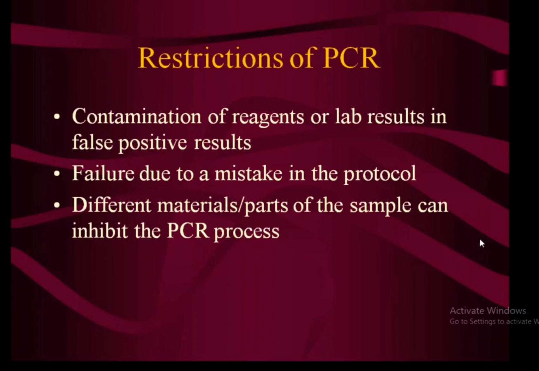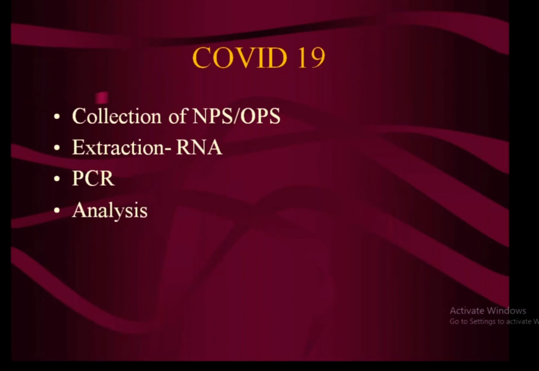Then after that extraction, you put a PCR run. You add master mix. That is the composition of master mix. I've already told it before. It contains basically all the things necessary for amplification. After that, you analyze the results. This is basically how it is done. The collection of the nasopharyngeal swab and the oropharyngeal swab, then the extraction is done. After extraction, you get the desired DNA or RNA, whatever it is. In case of COVID-19, it is the single-stranded RNA that you get. Then you put PCR for it, which is polymerase chain reaction, as I've already told, and then you analyze the results.